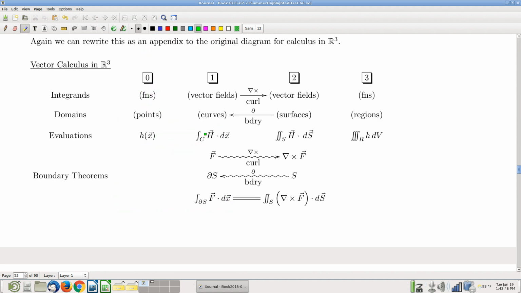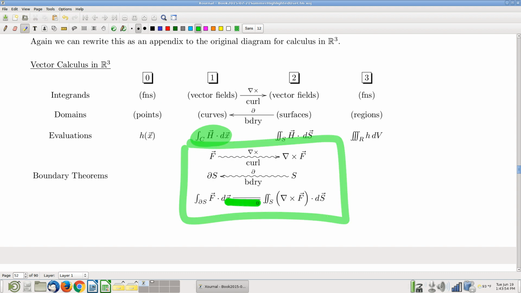So I'm interested in computing this, one of those. Here's a theorem that says, hey, I can turn that into a flux. All you've got to do is take your vector field and compute the curl of it. Right? There is, of course, an asterisk. There are asterisks on all these theorems. The asterisk here is